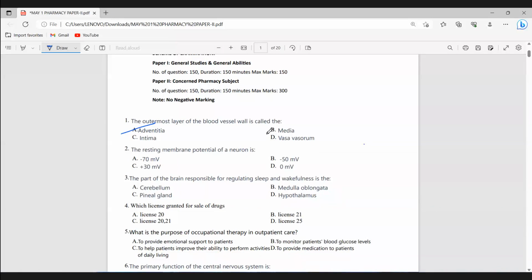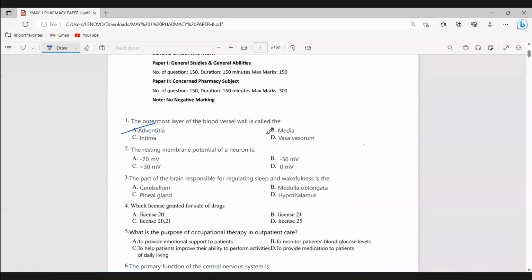Contains smooth muscle cells and elastic fibers. Coming on to the function of this media layer. This layer is responsible for